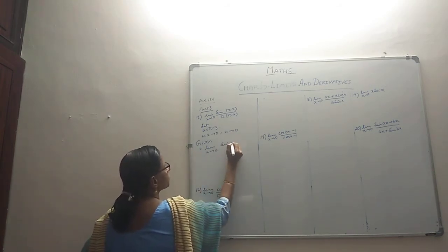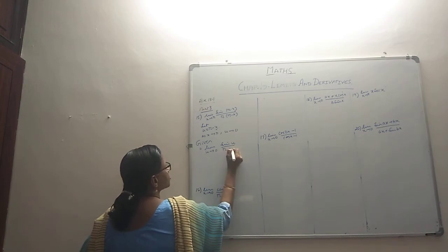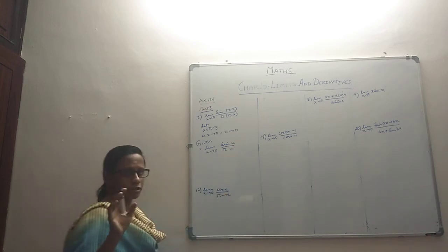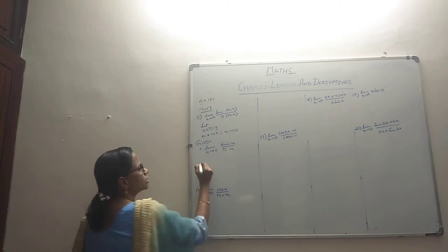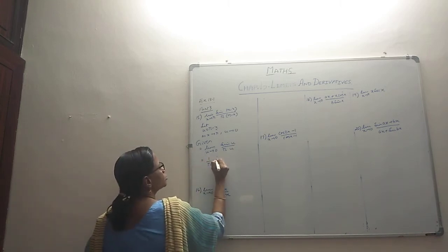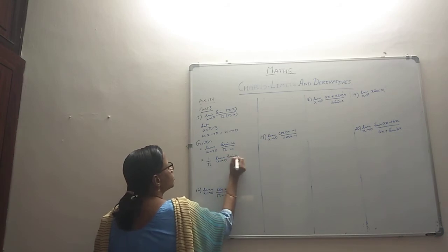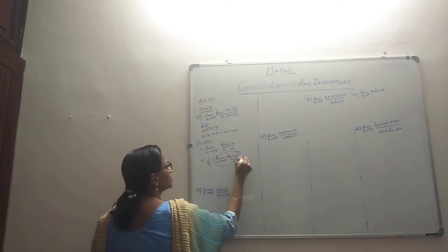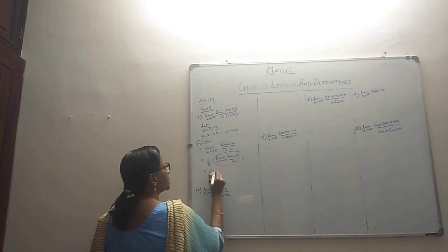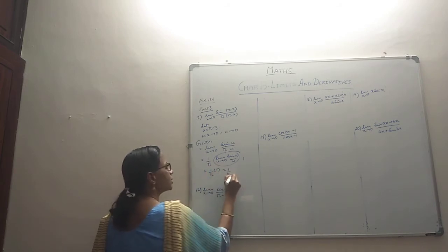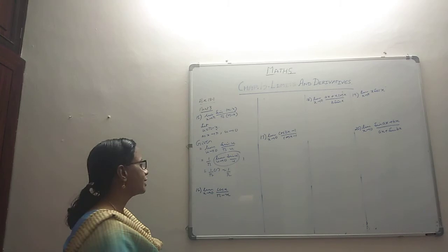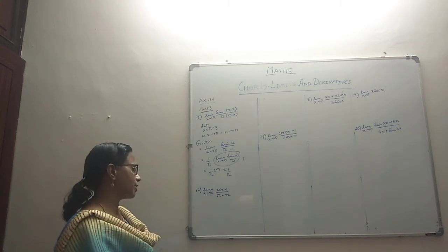Sin of pi minus x, we have called it u. Pi is here and this is u, and pi, I told you, constants are good, they just move out of the limit, so it will move out and become 1 by pi. So you now have limit as u tends to 0 in standard form, sin u by u, which will work out to 1. So it's 1 by pi into 1, answer is 1 by pi, that's all, our work is done, right? Just a matter of getting familiarized.